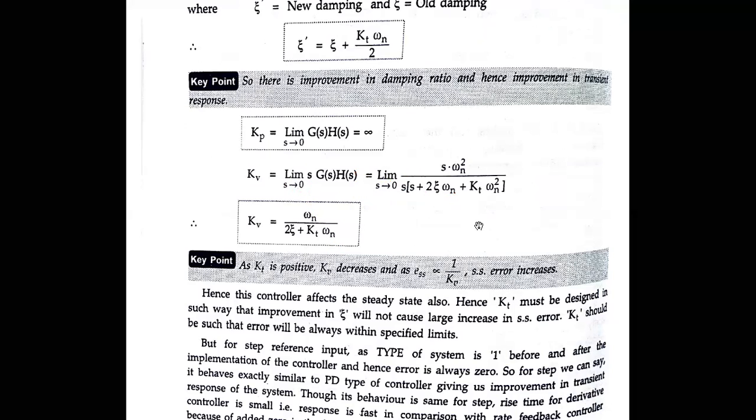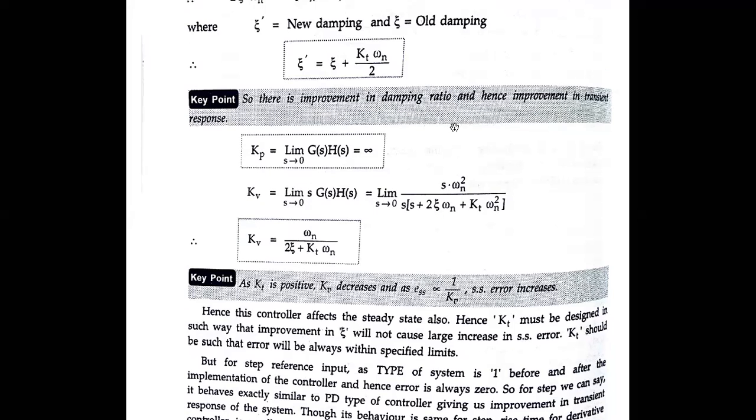Only the thing is we are mixing the two values. The two values are nothing but one is your derivative proportional and another is nothing but your integral proportion. Okay, so based on that integral proportion and the derivative proportional, there can be improvement. It is not like there will always be improvement.